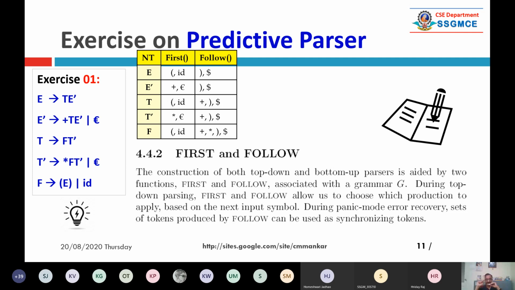But if we have look aheads, which tell you the starting of the right hand side of a particular production rule, you can pick the production rule which starts with a particular look ahead symbol. Opening bracket, ID, plus, star, these are called look aheads. And you can see in this grammar, let us say the second production rule in blue, E dash is starting with plus. So definitely plus is a look ahead symbol.